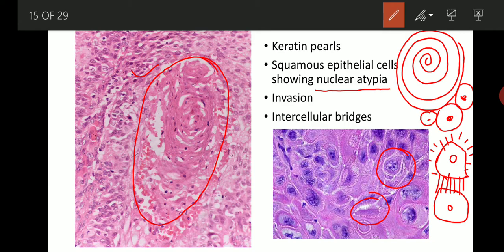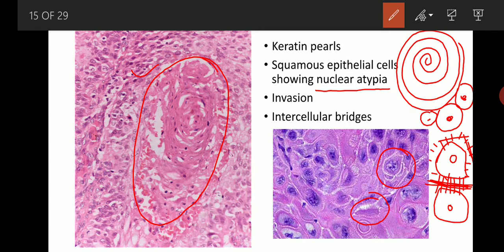They are usually hemidesmosomes. So when these bridges are lost, like that happens in cancers, the cells become free to move around, and they move into the blood vessel and go to distant sites and cause metastasis. So these intercellular bridges are a very peculiar feature unique to the squamous cell carcinoma and the squamous epithelium. These bridges are normally present in the squamous epithelium, and when the tumor becomes very malignant and metastatic, these